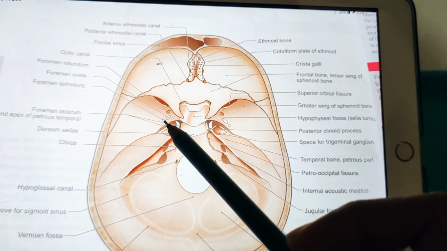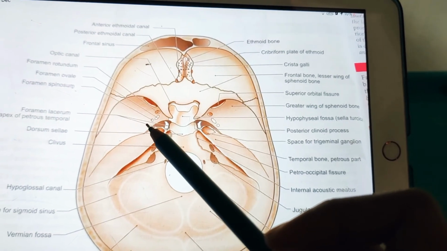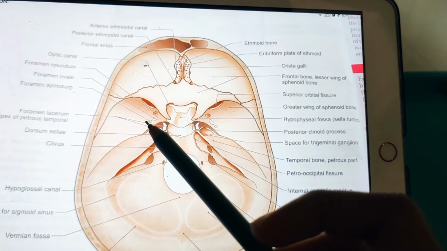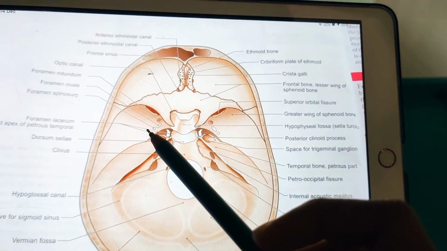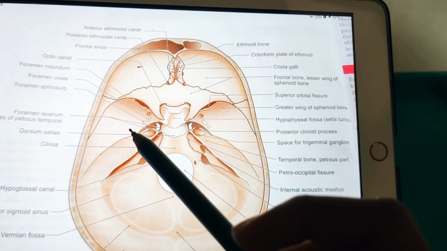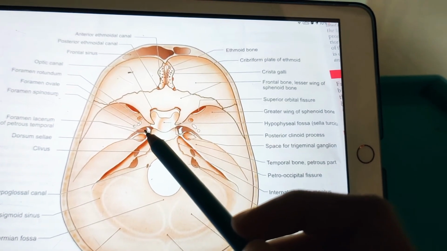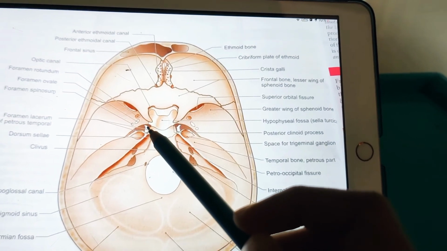Coming to foramen spinosum, it lies posterolateral to the foramen ovale. It also leads inferiorly to the infratemporal fossa. Now coming to the emissary sphenoidal foramen or foramen of Vesalius. Sometimes it is present and it will carry an emissary vein. Coming to foramen lacerum. This is the foramen lacerum, lying at the posterior end of the carotid groove, posteromedial to the foramen ovale.